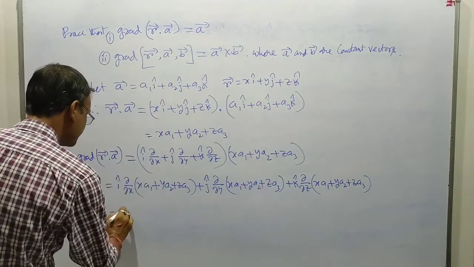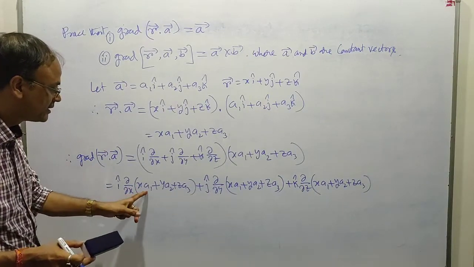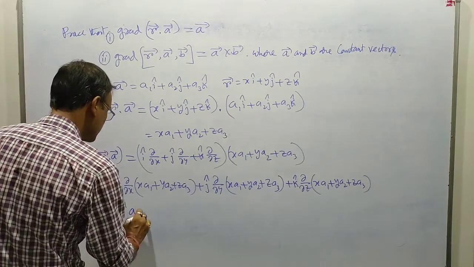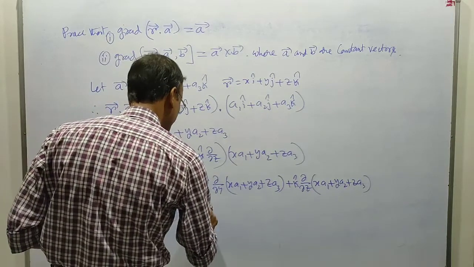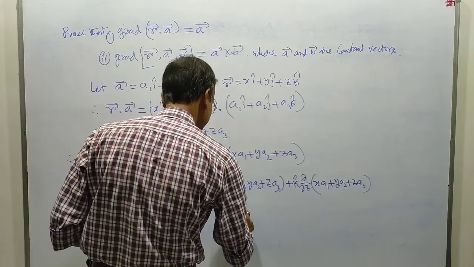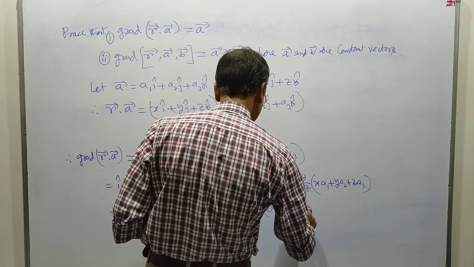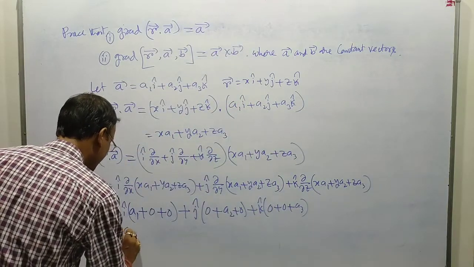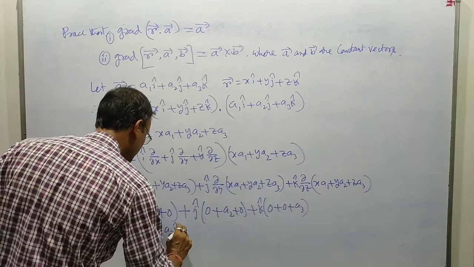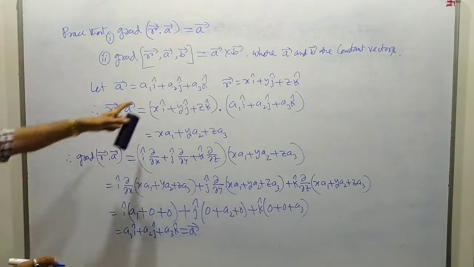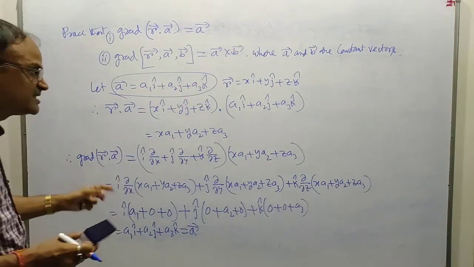This is equal to i cap with respect to x, partially differentiating. It will be A1. Others will be 0 plus j cap, 0 plus A2, plus 0 plus k cap, 0 plus 0 plus A3. This is equal to A1 i cap plus A2 j cap plus A3 k cap. This is equal to A vector. Thus, gradient of